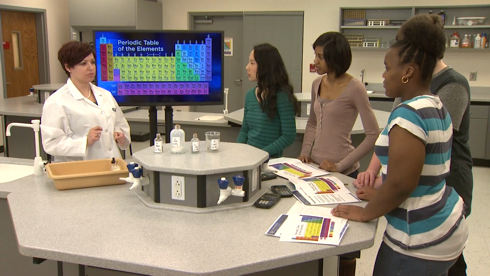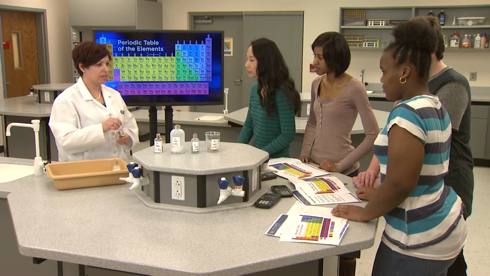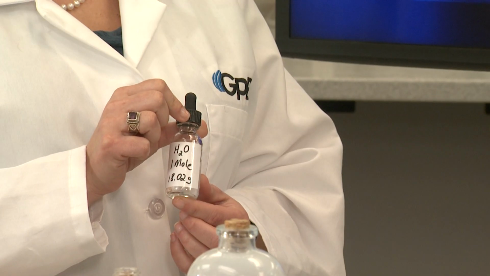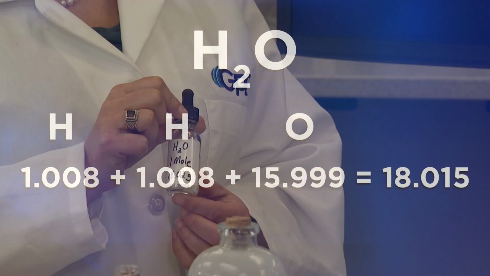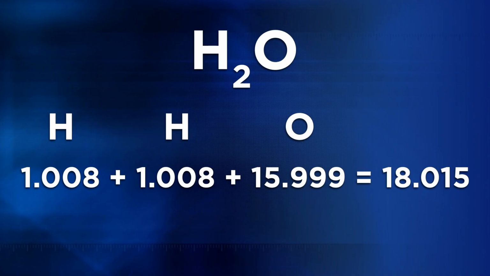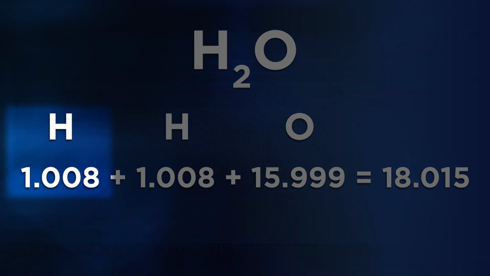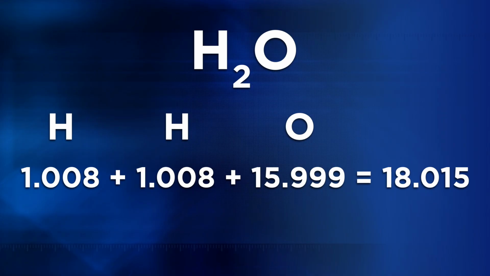Now, I have a few more samples in here. This is 1 mole of water. What is its mass? 18.02 grams. And did you just get that number by adding the mass of 1 oxygen to the mass of 2 hydrogens from the periodic table and then round off for the significant figures? That's exactly right. So 1 mole of water has a mass of 18.02 grams.